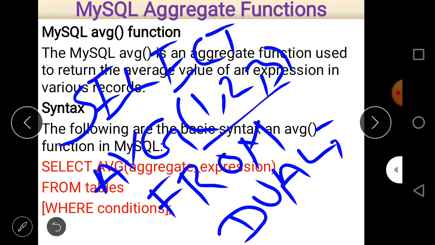Now I think it is clear to all of you. The most important point is to use the AVG function to calculate the average of different values, and these values may be integers or float values. Remember that for this type of calculation, use the dummy table named DUAL. It is a system generated table, or MySQL default table.